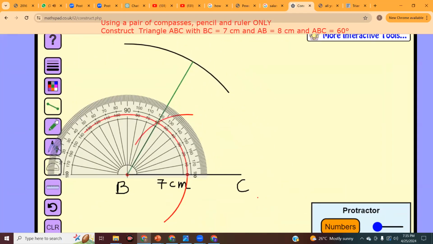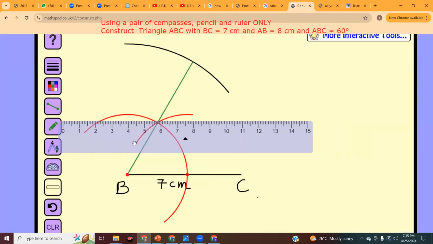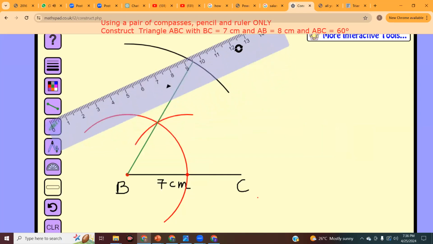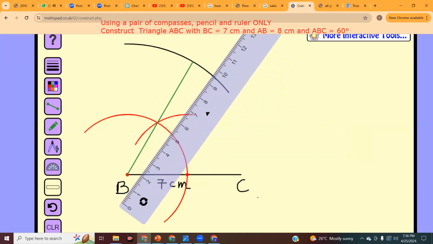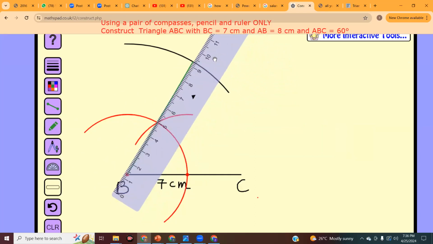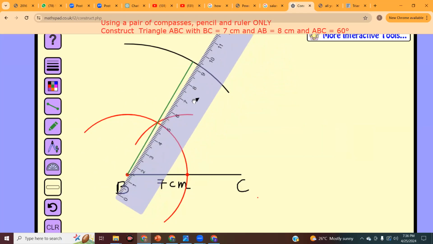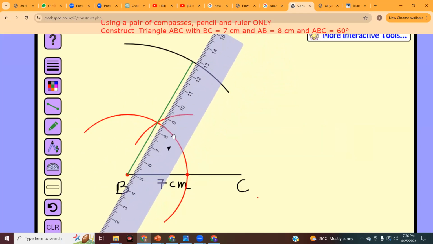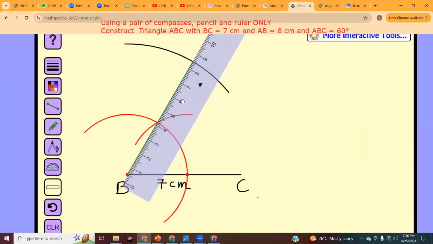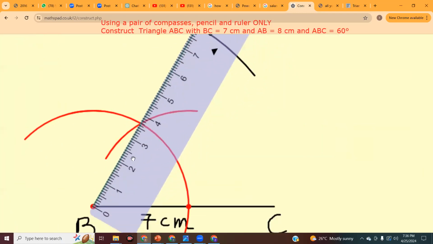And then this green line should measure how many centimeters? Based on our question, how many centimeters should the green line measure? Anyone can answer, don't be shy. Olivia, I can't hear you if you're talking. 8 centimeters. 8 centimeters, very good. So we're gonna go from here. Oh boy, gotta get this in line. So if we look carefully, this is exactly 8 centimeters.